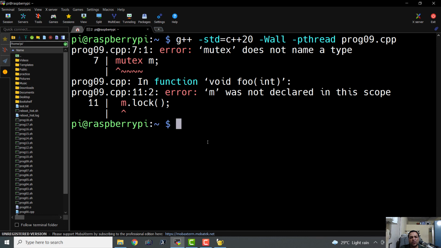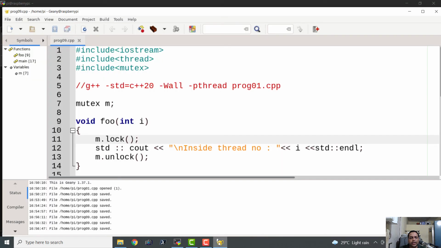So I don't remember to have committed any sort of mistake. Okay, it does not name a type. Okay, I guess I forgot to do something. So basically, we will have to say here std::mutex.